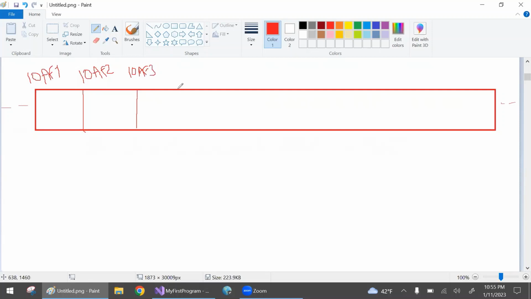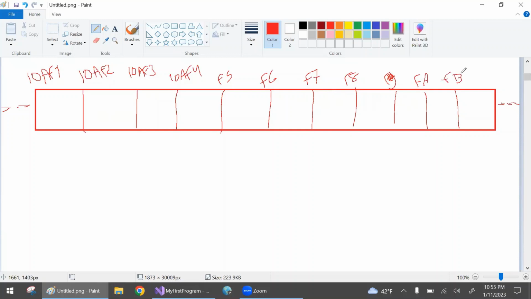Then I'm gonna jump another byte, another byte, another byte, another byte. So a bunch of bytes, and then the rest of the memory. So this would be 10AF4, F5, F6, F7, F8, F9, and then FA,